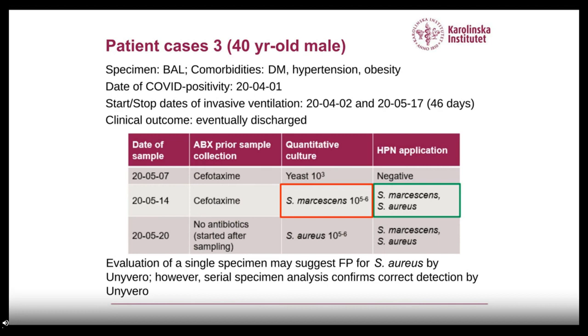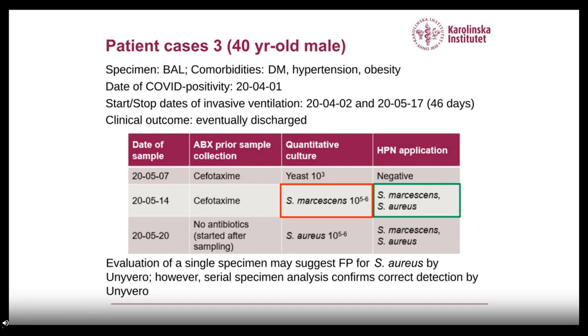And finally, there is also a third case with a 40-year-old male, also with several comorbidities, ventilated for 46 days. And in this case, we found initially a concordant result with quantitative culture and HPN. And then on cefotaxime therapy, culture showed only Serratia, whereas the HPN showed Serratia and Staph aureus. And Staph aureus was evident later in quantitative culture, which again suggests that these additional findings are probably true findings